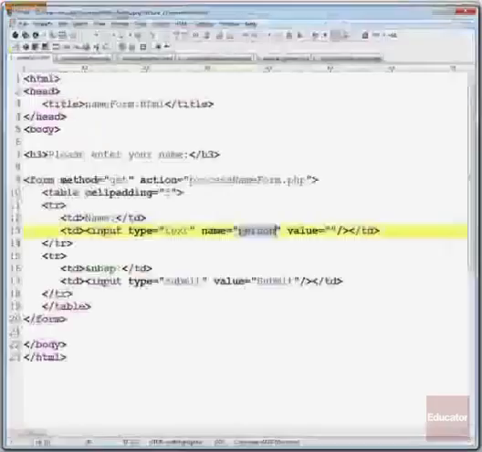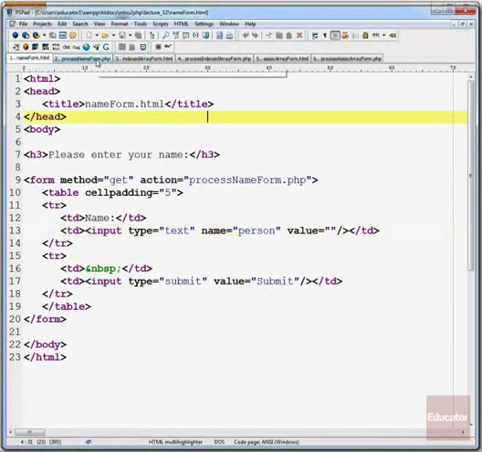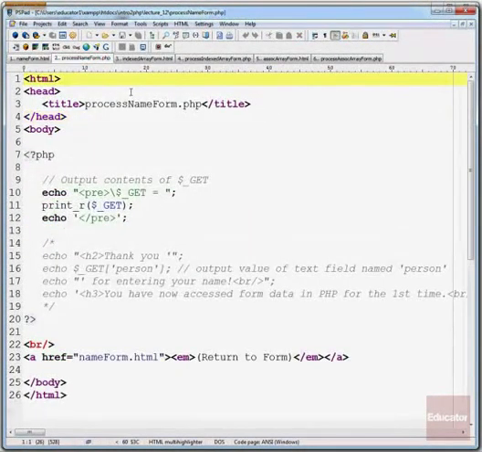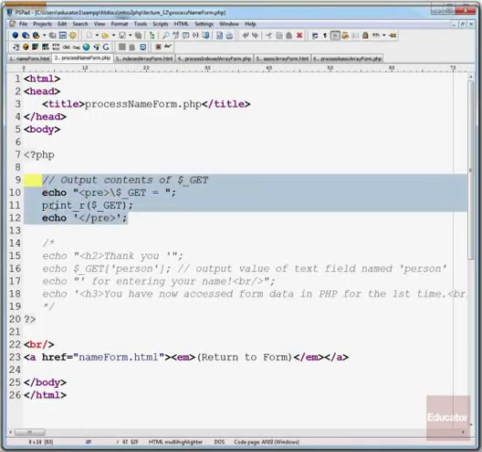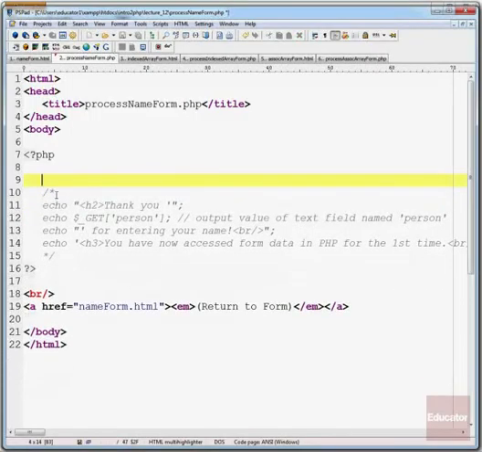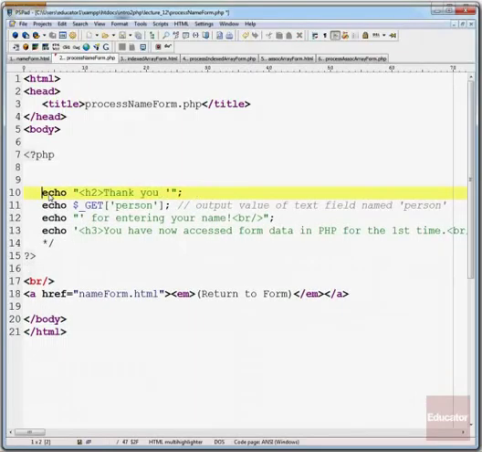So let's go look at the code that processes the name. It's called processNameForm.php, and basically we have some PHP code here at the beginning that outputs what we just showed you. It just outputs the contents of the GET array. So let's go ahead and delete that and do something a little more useful. I've commented out a section of code here that's going to output a thank you message, and it's going to quote the person's name that was submitted on the form. So if I get rid of these comment tags,